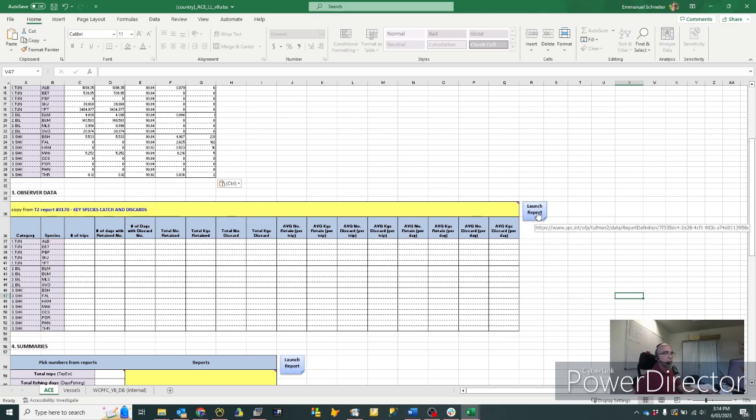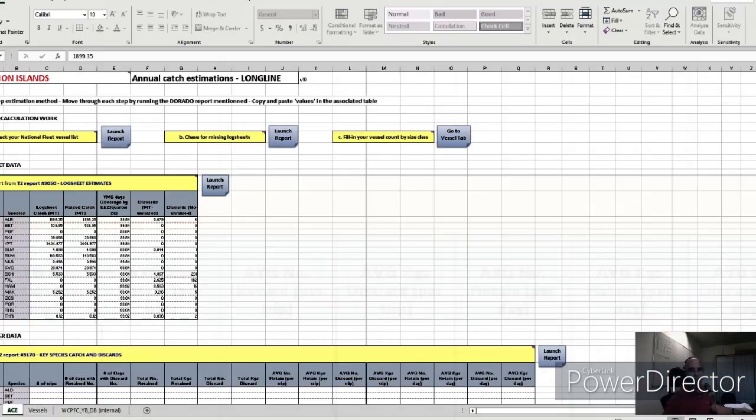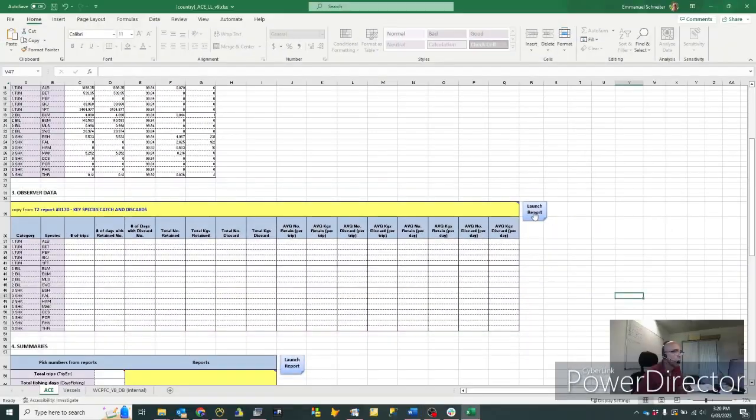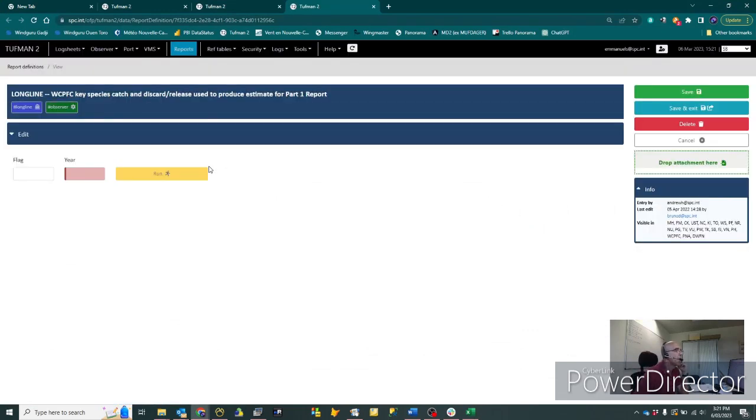So let's go now into the report. So let's launch the report. Okay, so we are now in the right report, which is for Longline WCPFC key species catch used to produce the estimate for part 1 report. So what you have to do here, and we're studying for Solomon Islands, so you just put Solomon Island and select what the choice that's displayed. The year of study here is 2022, and